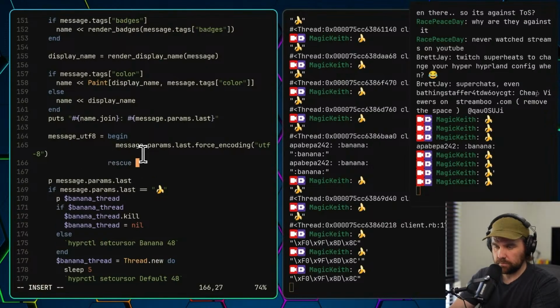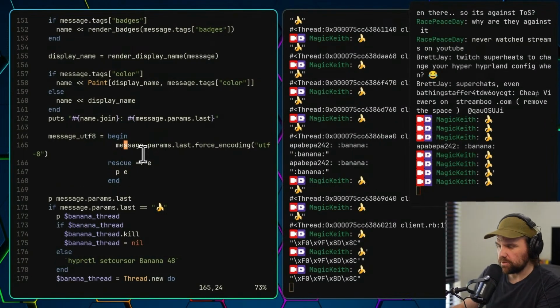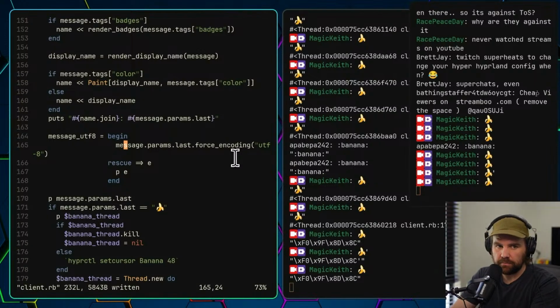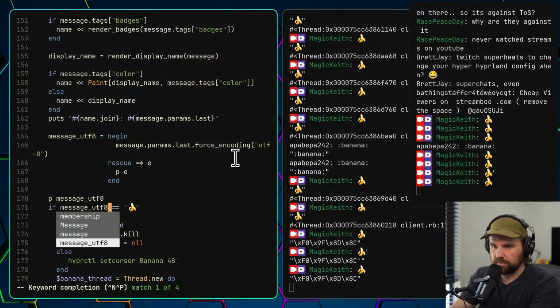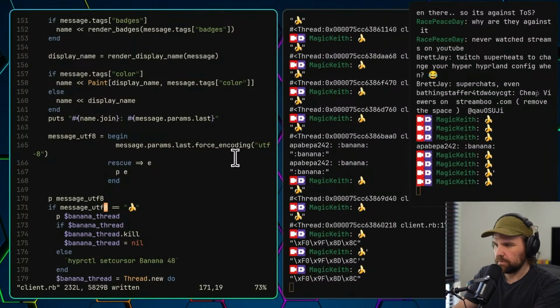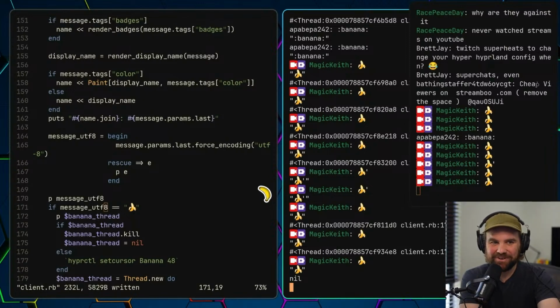Rescue. The reason I'm wrapping that in an exception is I know that sometimes dodgy UTF-8 gets sent and just breaks things, I think it happens all the time. So I'm doing that so the script doesn't break as I'm running it. All right, let's see if this works now. Maybe it's because the emoji gets stored as UTF-8 and then it's not working afterwards. It worked. Yes, it works.